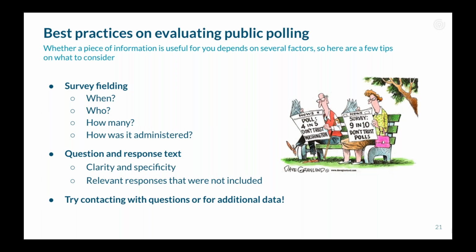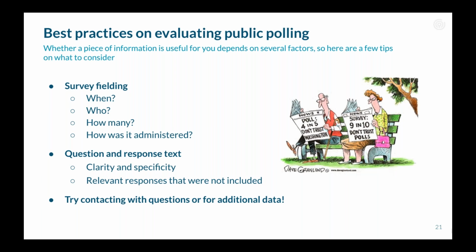Who were they asking? How many responses did they get? How were those people reached? Is the population they surveyed one that's of interest to you? And would it make sense that the findings are applicable to other populations as well? You want to be wary of any survey that doesn't have many responses, or if the way in which responses were requested could have introduced bias in the results. For example, if they were only asking the questions of someone who already interacted with them.